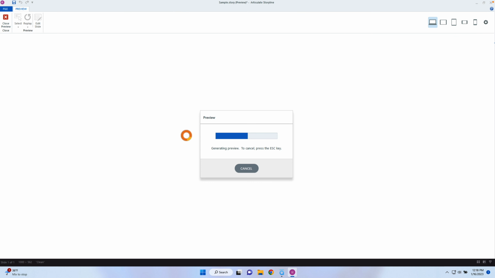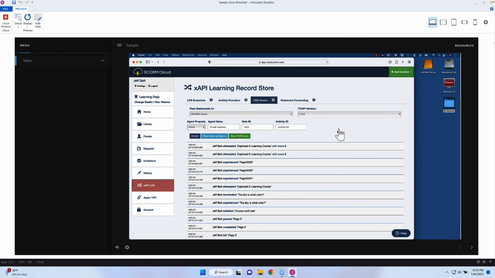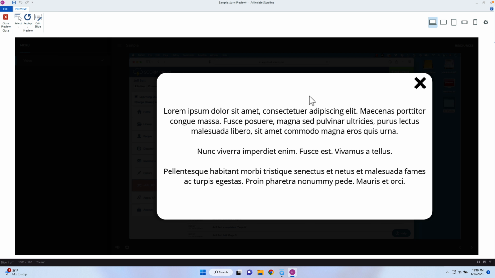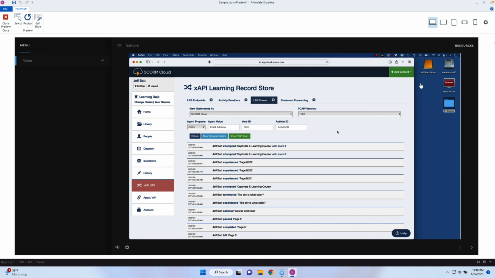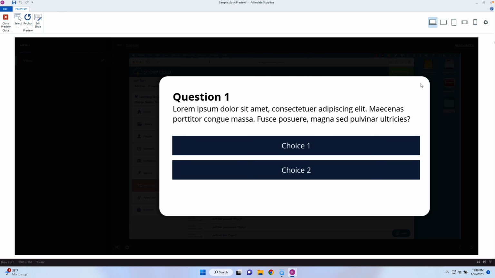Let's go ahead and preview that one more time here. So 1, 2, I'm going to click on that, and there is my information. It did pause the video in the bottom here, and then I can go ahead and close that. It will continue, and as soon as it hits the 5 seconds, that pop-up will still happen. Now, obviously, I wouldn't want it to happen right after the other one, so it's a matter of timing,